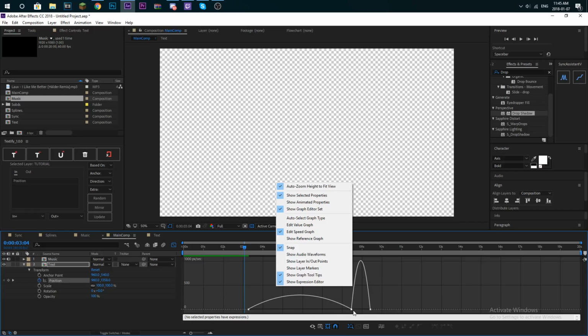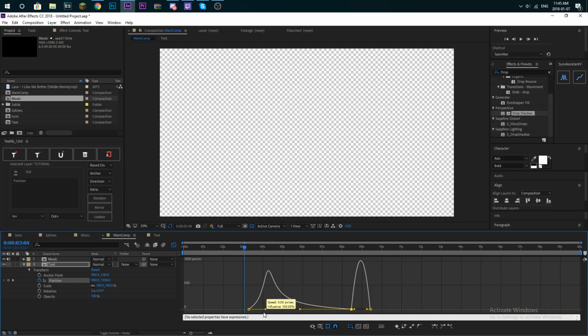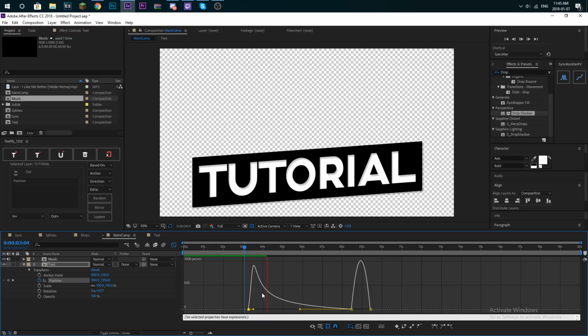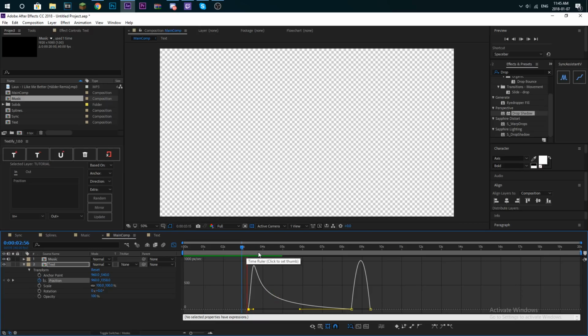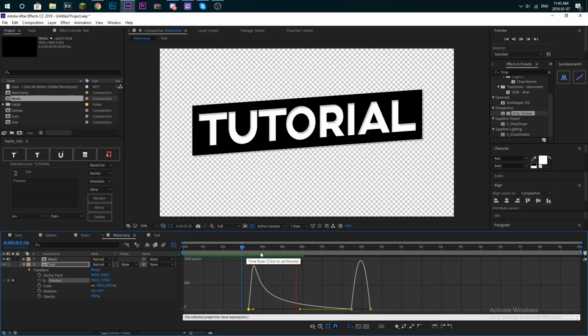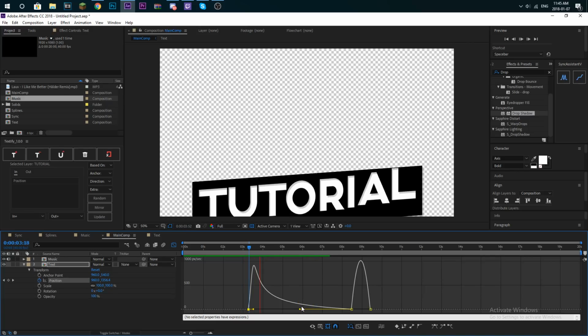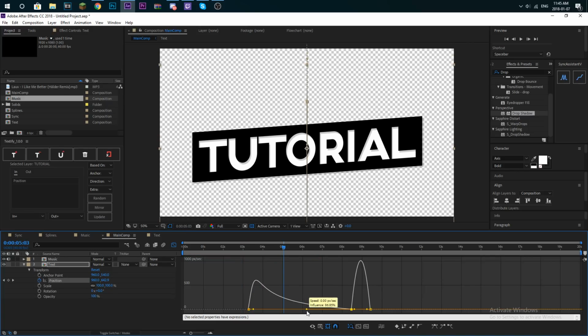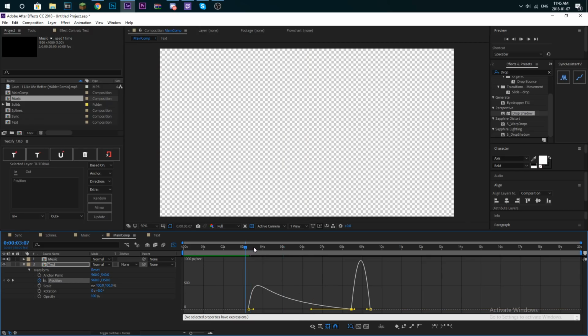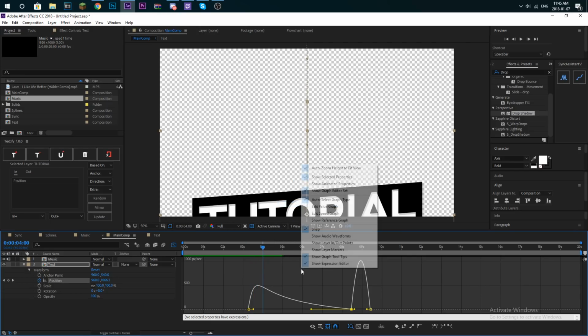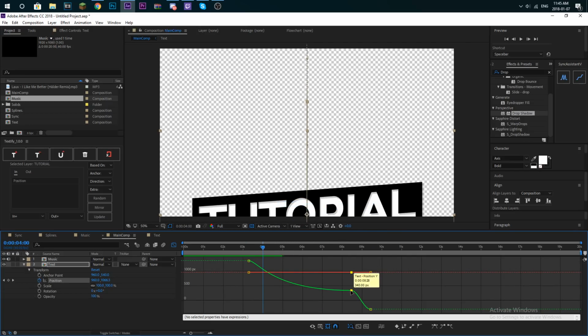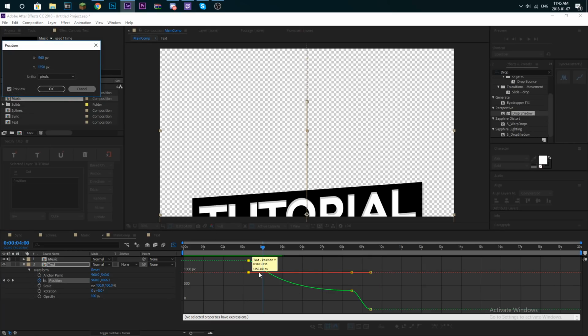Alright, so edit speed. And I want to make it really fast at the beginning. But I don't want it that big of like a, but I want to edit value graph because I want to see where it goes. What the heck? Why can't you edit? Alright,